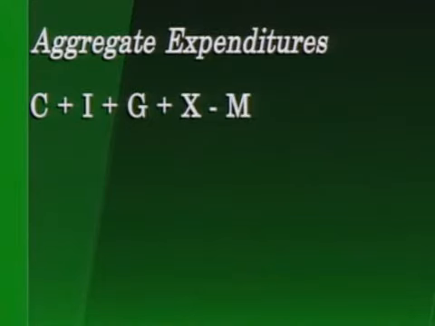Y is the output of all goods and services produced in the economy. Who buys Y? Households, firms, the government, and the foreign sector. We call the sum of consumption plus investment plus government sector plus exports minus imports aggregate expenditures. When we set the equation Y is equal to C plus I plus G plus X minus M, we are saying that all goods and services produced are accounted for by either households, firms, the government, or the foreign sector. However, this is an accounting identity and will always be true by definition.